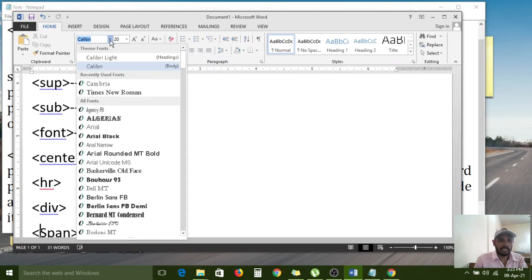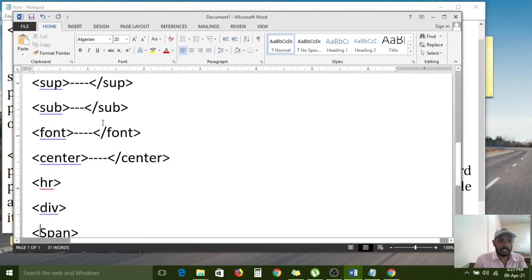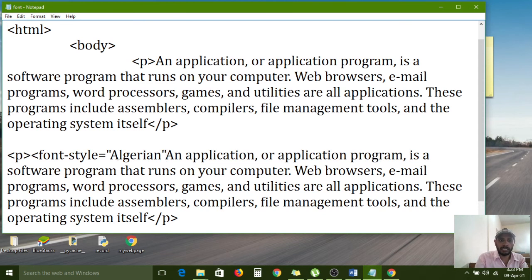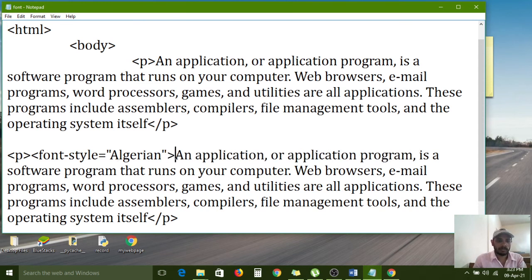So for that we need to take this one, Algerian text, you can find out easily. I am pasting and closing this one. Next, font I am closing.